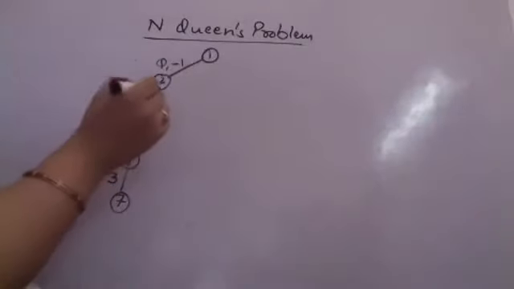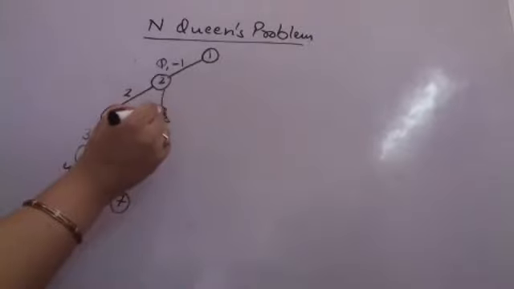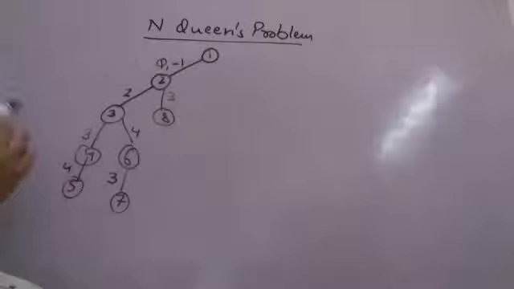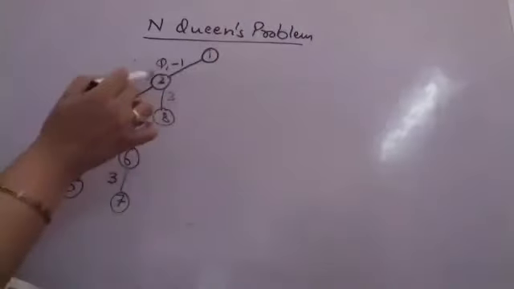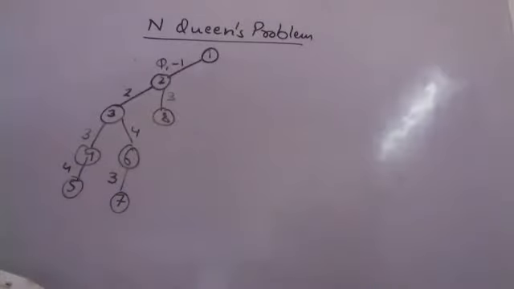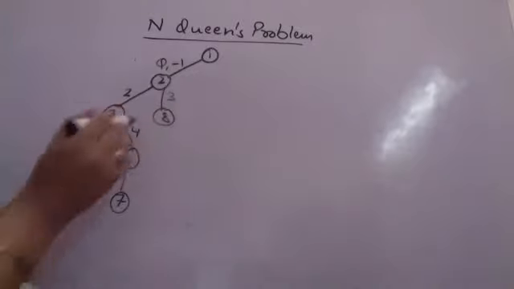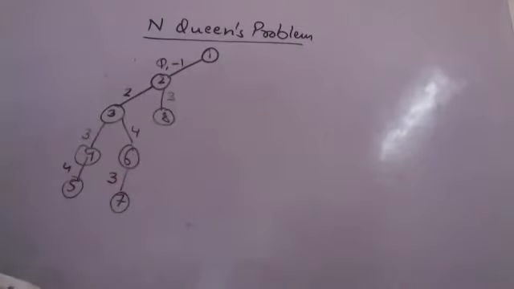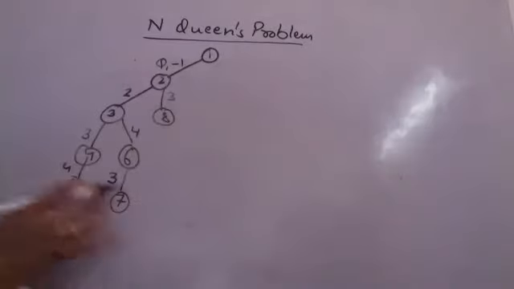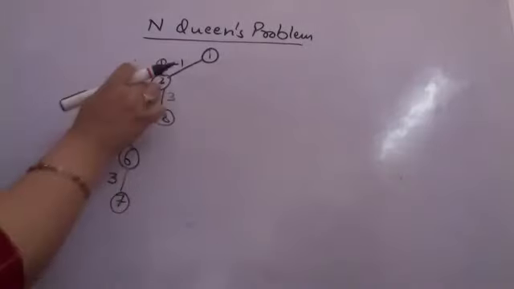Similarly, since we are not reaching, we will again be changing the position here from 2 to 3 for queen 2. Every level is representing, this is the queen 1 level, queen 2 level, queen 3 level and queen 4 level. Do you understand? And these are only representing the column numbers for every queen. I am trying to build all possible solutions here. It is not necessary that all of them are feasible. We are backtracking. This is the way we backtrack and we build.